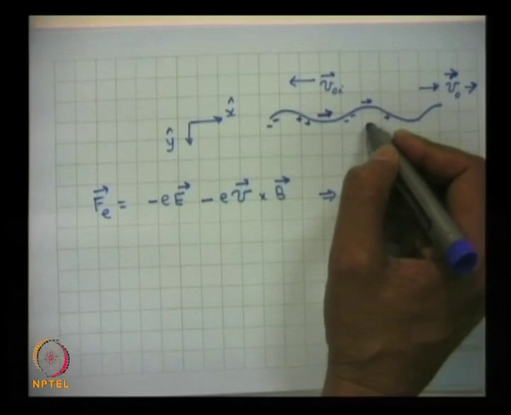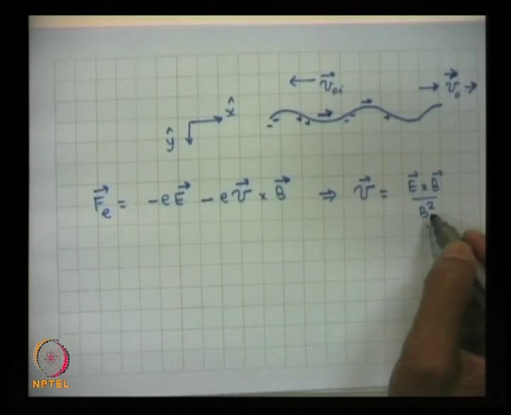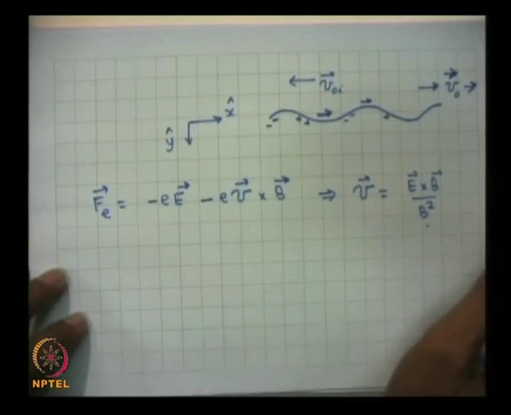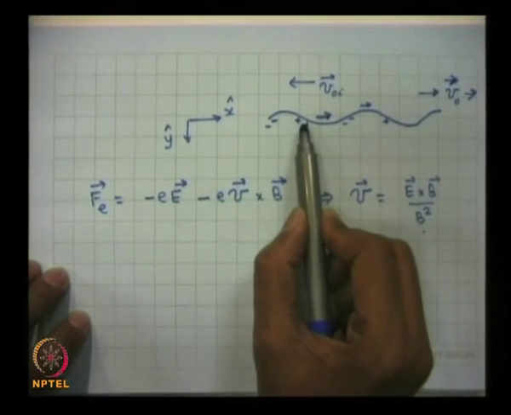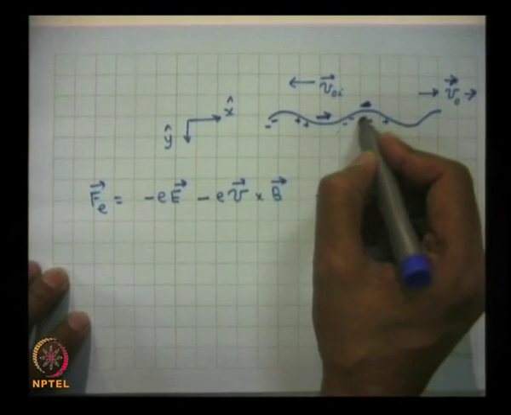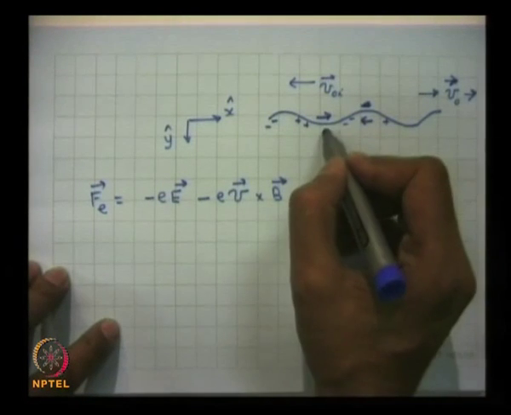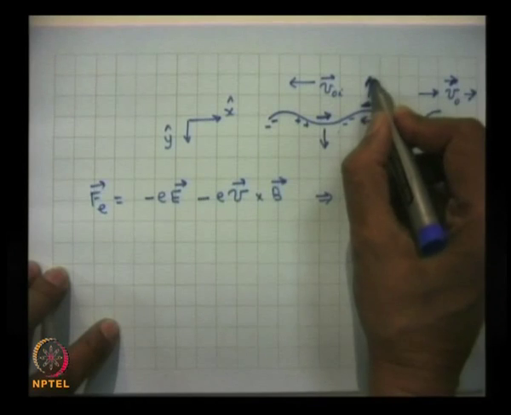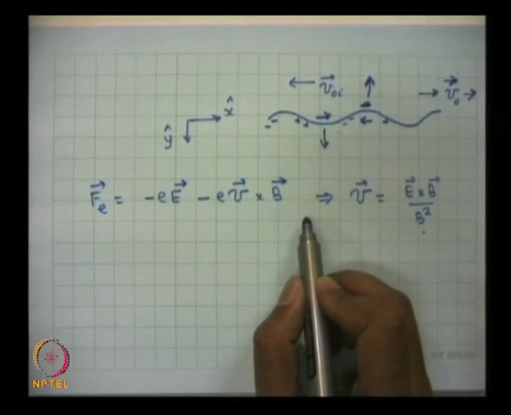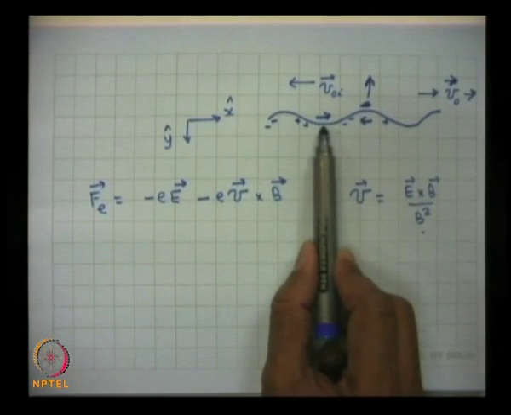Sorry, this will be where? The field will be in the minus x direction, so the force will be... probably I made a mistake in the drift. If the charge is positive, it is this way. Well, it so happens that this velocity should be downward here and upward here. I might have made some error in calculating the g cross B drift direction, but essentially what happens is that